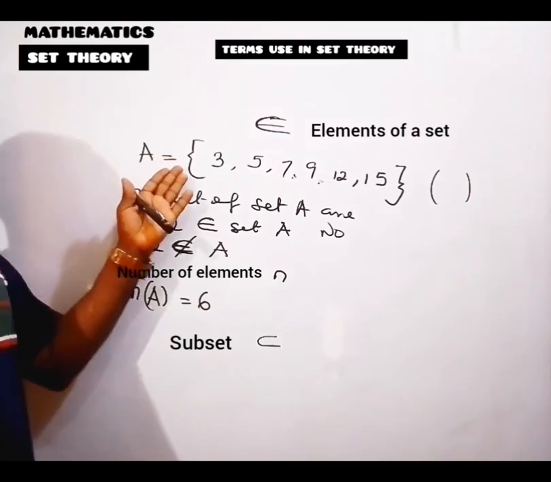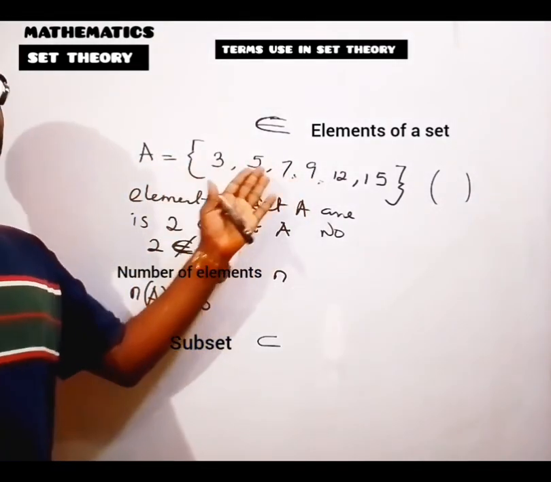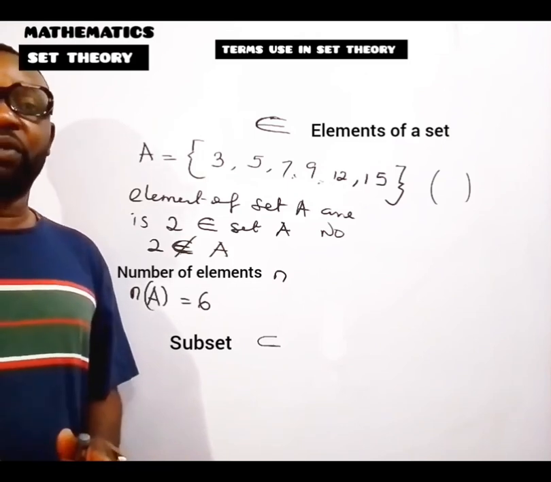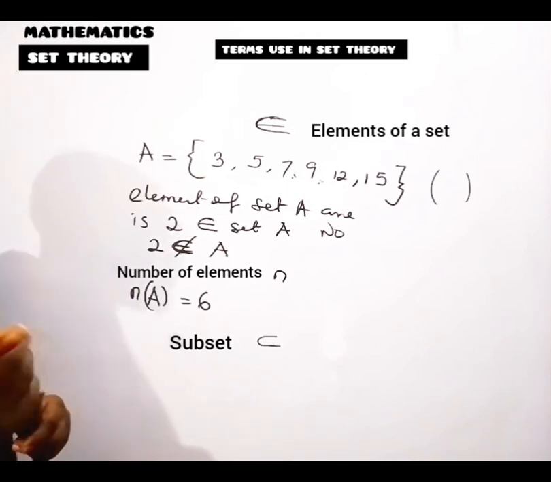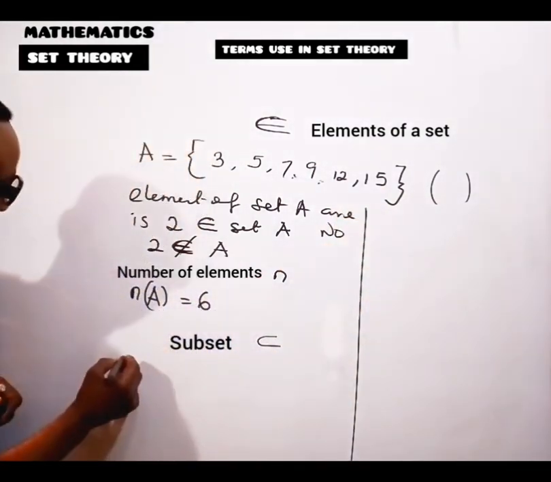For instance, here now, I have this set A. Set A is a subset of itself. Every set is a subset of itself. Now, if I am given a set like this,